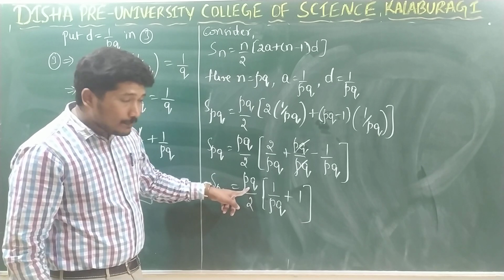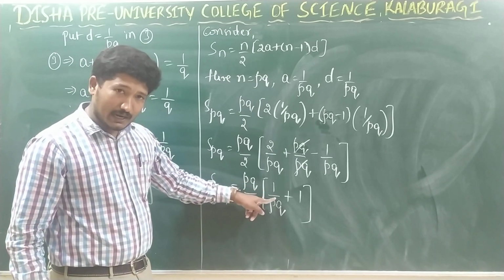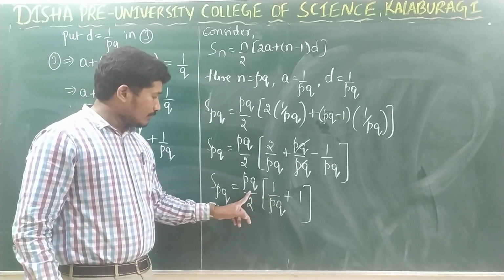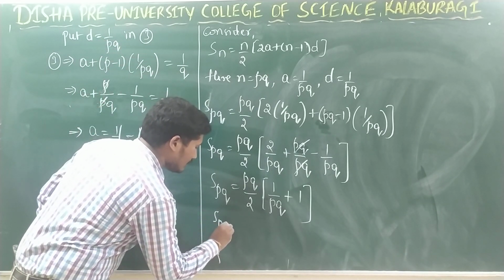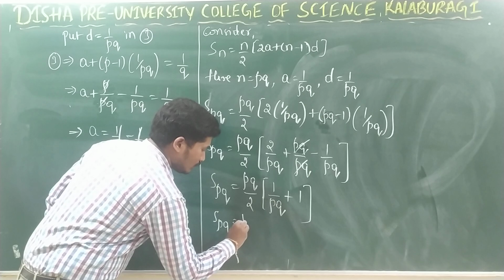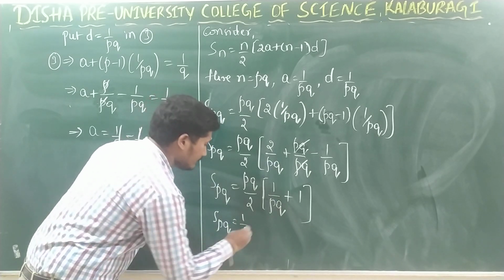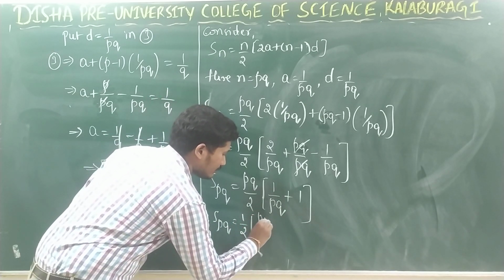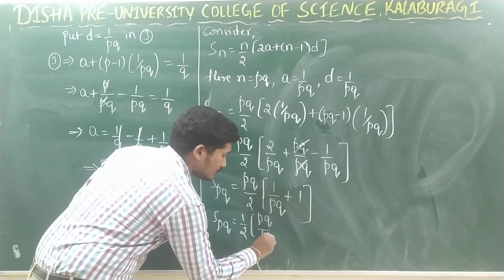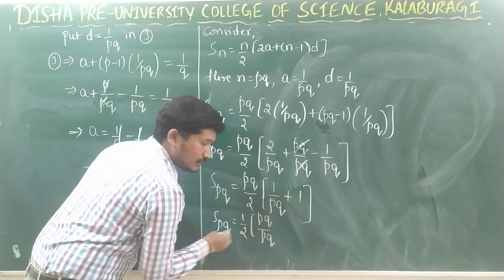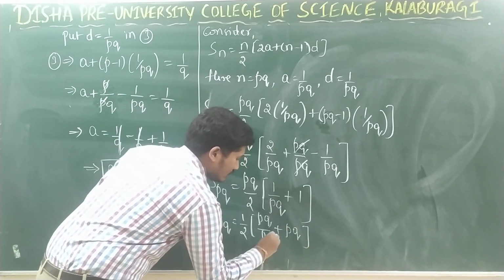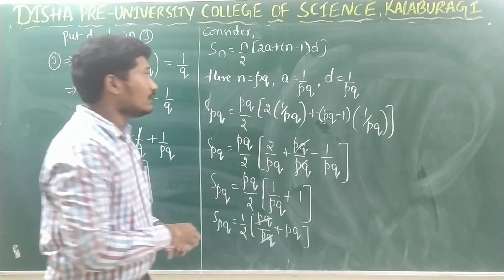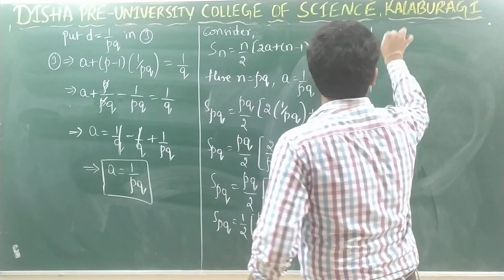Only multiply the numerator inside the bracket and just keep the denominator outside the bracket. So what will it be? SPQ is equal to, we are left with 1 by 2 outside, so into PQ by PQ, that is 1 into PQ is PQ plus 1 into PQ is PQ. So here PQ gets cancelled, right? So therefore